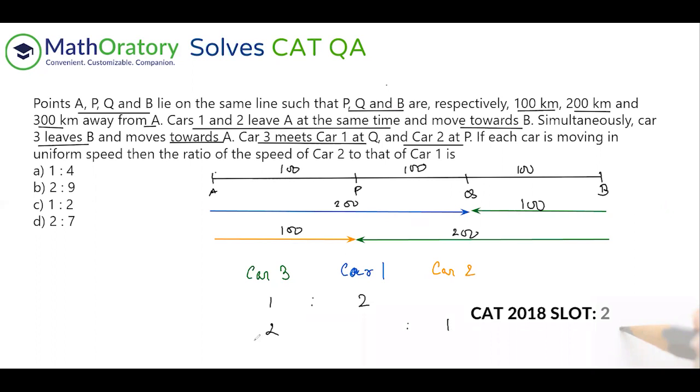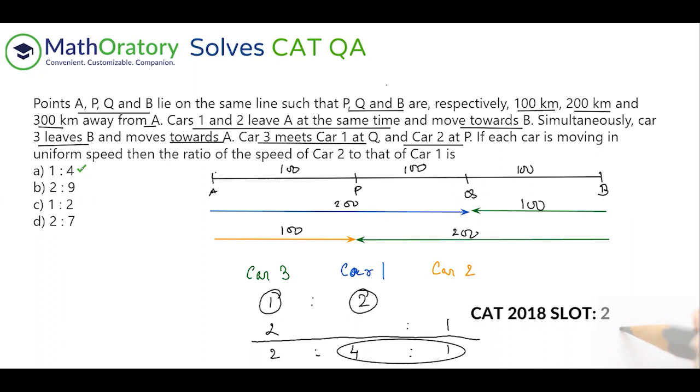And I hope that everybody knows how to combine ratios. So we can just put 2 here because the LCM of 1 and 2 is 2. And because this is 1:2, this should be 2:4. And because this is 2:1, this should be 2:1 as it is. I mean, this is 2, this is 1, right? So we are looking for the ratio between car 2 and car 1. So car 2 and car 1, you can get it from here, just reverse it. In this case, there is no option to put your own trap. So the answer is 1:4, option A.